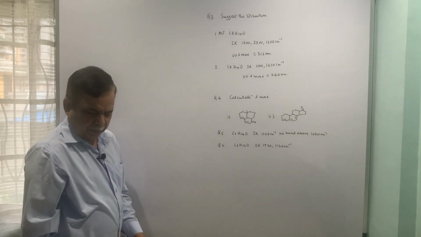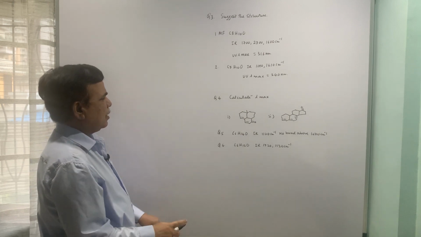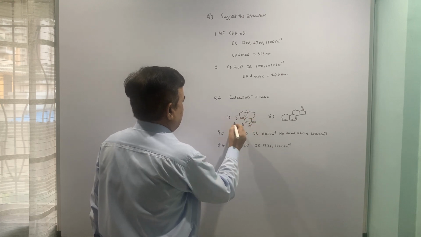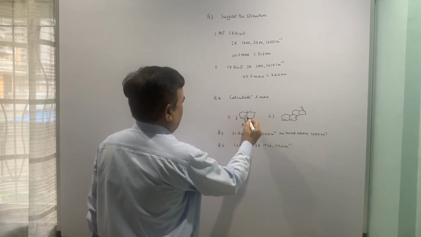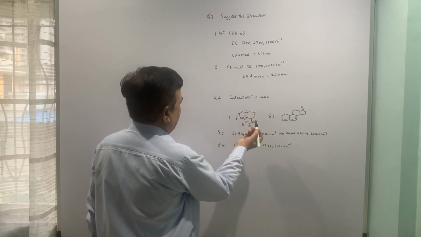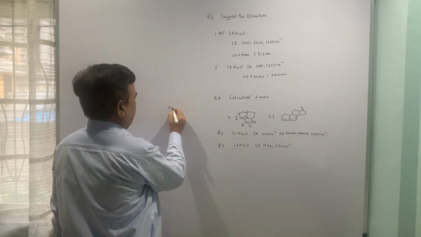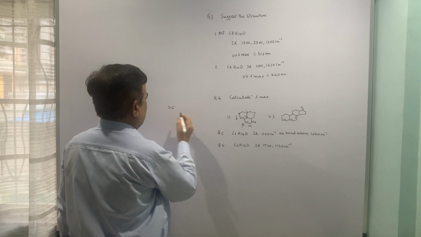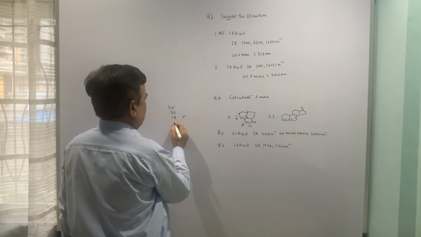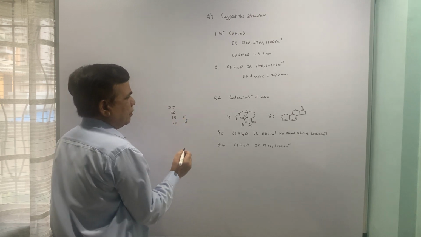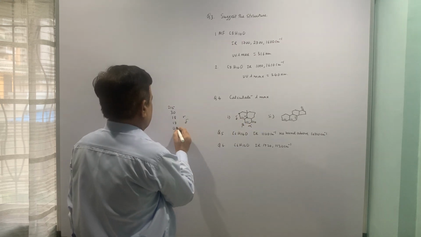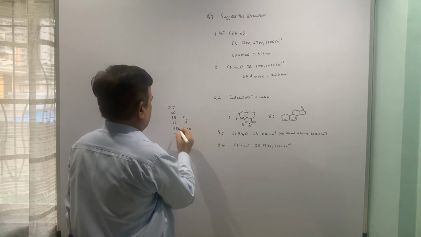Okay, once again some lambda max examples. I will just directly put it here, alpha, beta, gamma, delta, straight away, there is no problem. 215 for a 6 membered ketone, 30 for extended conjugation, gamma 18, delta 18, and exocyclic, this is exocyclic to the first ring. So exocyclic 1, and then you have to do the summation.